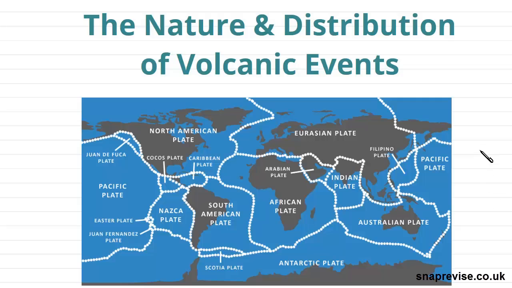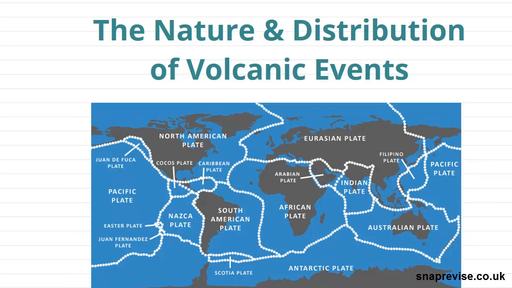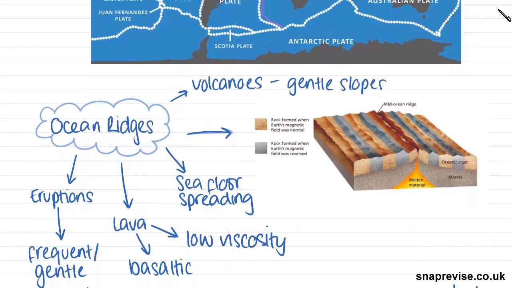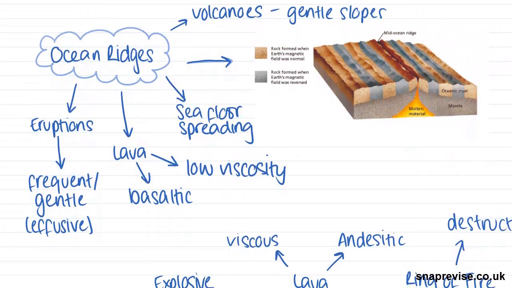So our first kind are ocean ridges, and an example of a classic ocean ridge is the Mid-Atlantic Ridge, which is this line going up in the middle of the Atlantic, and we're going to look at why volcanoes occur here. So at ocean ridges we get seafloor spreading, and we learnt about this in detail in the last video, but